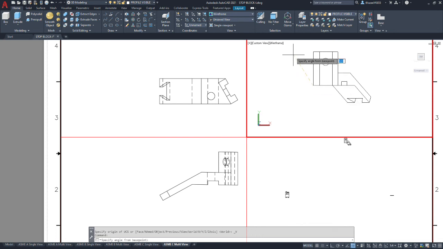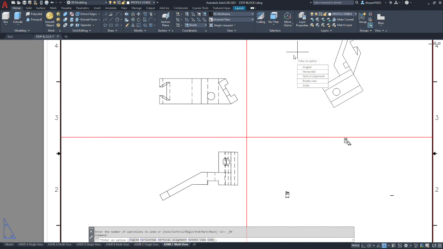but we're going to select a corner, and then we're going to type in 120 degrees. And so that should rotate at first 90 and then the extra 30 degrees to match the angle of the flange. And we're going to hit enter. So our auxiliary view is now at the correct angle. It is not spaced in the correct place. We're going to do that next.